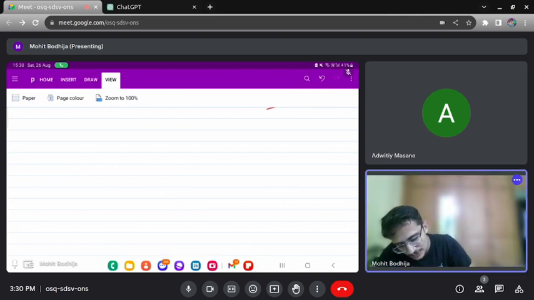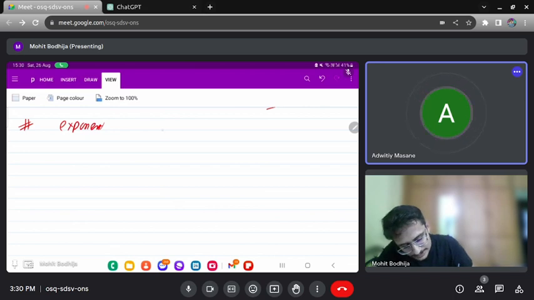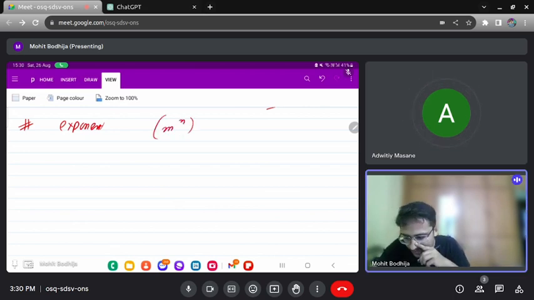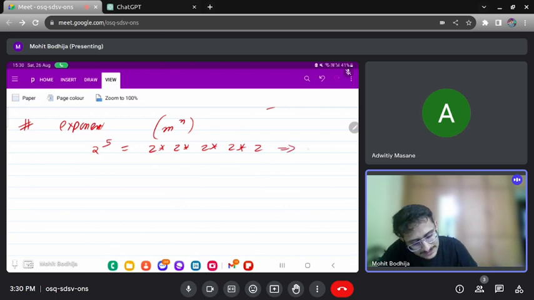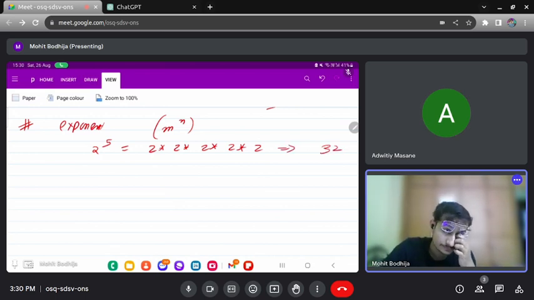Now let us try to solve some other problem, the exponent problem, m raised to power n. Okay, so basically what will be given if I say to you 2 to the power 5? So basically what does it mean? It means that 2 should be multiplied 5 times and the output should be 32. So can you try writing some recursive code for this?